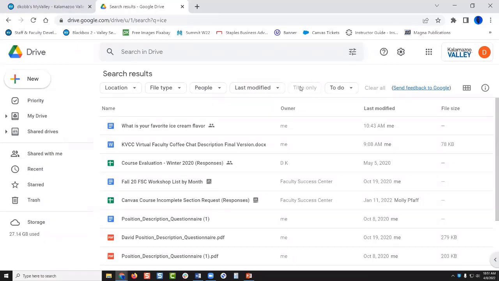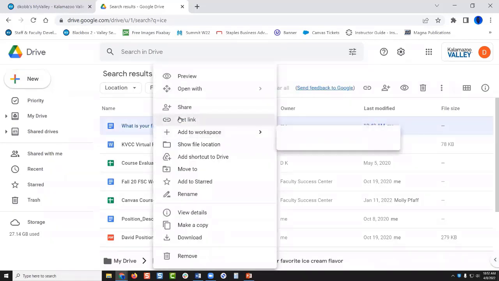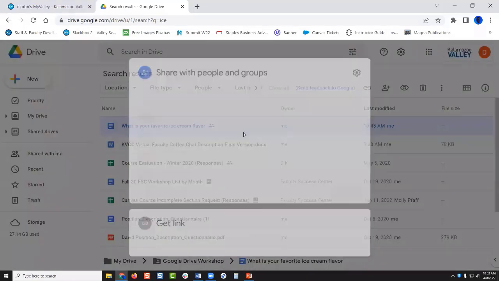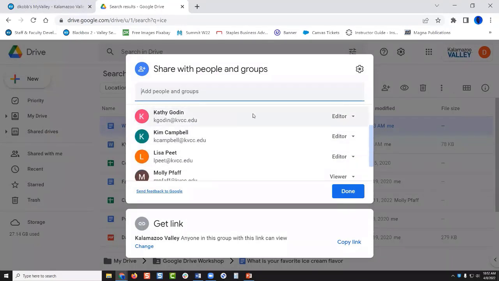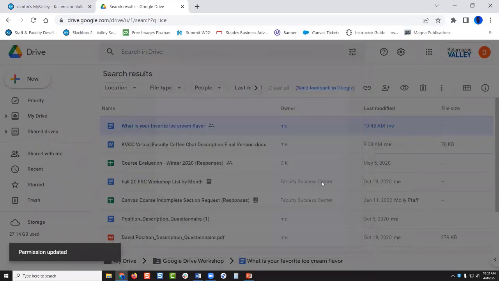If I have a document that's been shared with me that is view only, but the editor has said you can make changes to this if you save it under a different name so that you can edit it, what's the best way to do that? So let's take a look. Kim, there you go. So I'm going to make you a viewer only and save it.